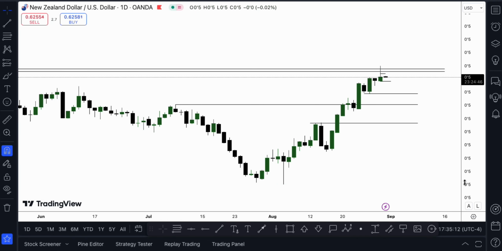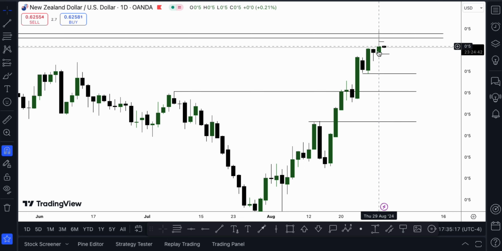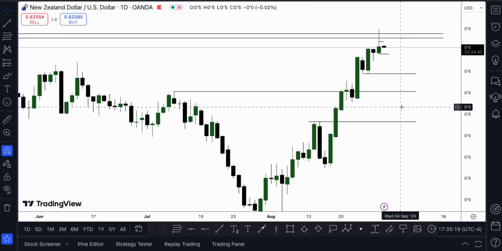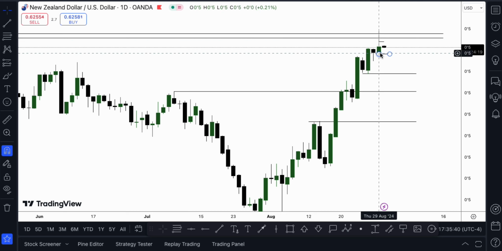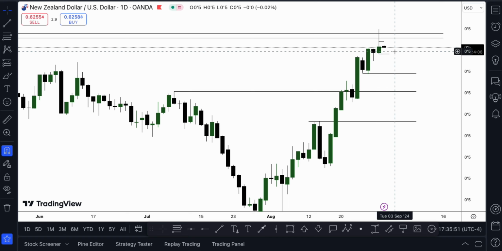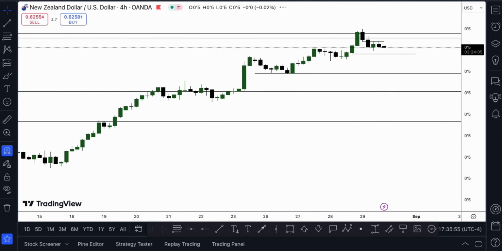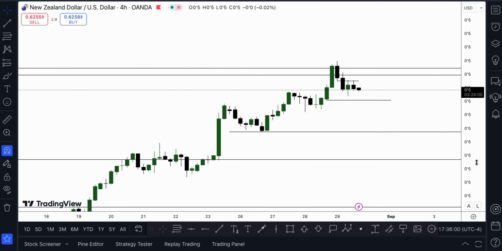So this is our daily time frame. Now, as you can see, we have this daily candle here. I want to see price engulfing this previously bullish candle, which will then create a fair value gap. And then I'm going to be anticipating a first test of an order block if that happens. Unless we get something on the smaller time frame that will be convincing for me to enter